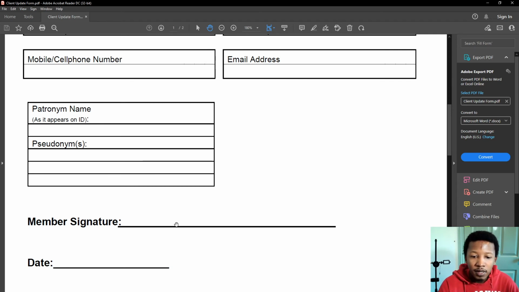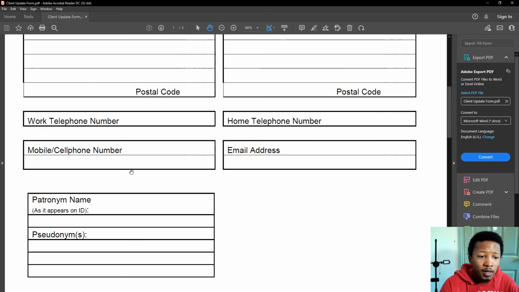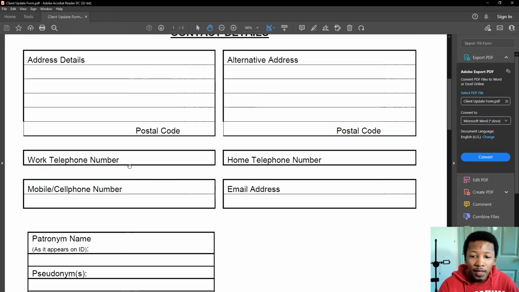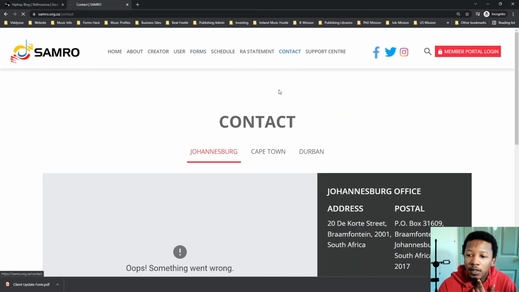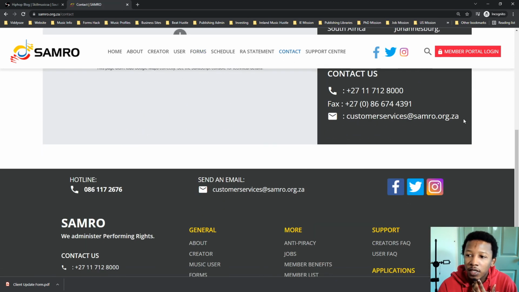Then your member signature, that's usual, you just put in your signature, and then your date is your date. And then once you're done, you save the form and then you email it out to customer services at samro.org.za. Let me just double check that this is the email that you want to email, customer services at